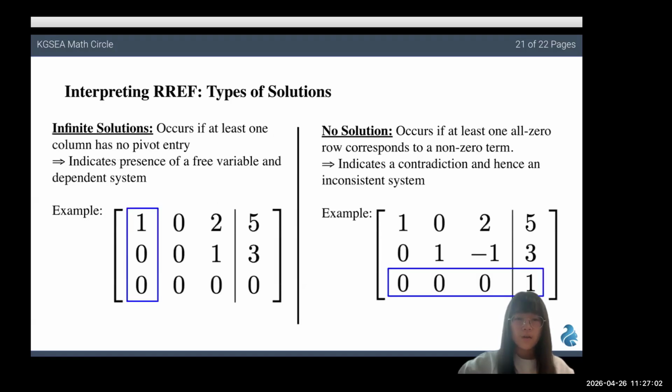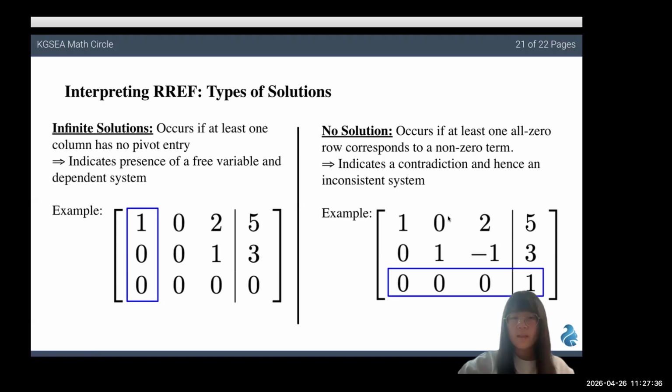Alternatively, a system can also have infinite numbers of solutions. This occurs when at least one variable of a column has no pivot, indicating that it is a free variable. A free variable can take any value, and the other values can be expressed in terms of it. Because of this, the system becomes dependent, meaning that at least one equation can be written as a combination of the others. For example, in this matrix, column 2 of this matrix doesn't have any pivot values located in it,